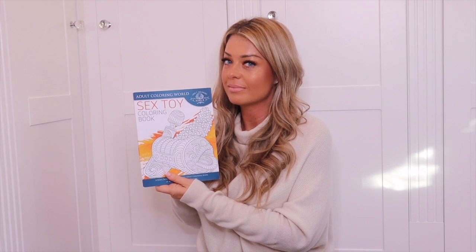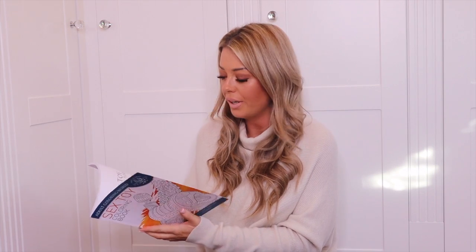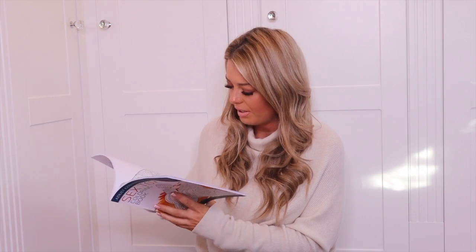It's a colouring book, a naughty colouring book. Don't know if you can read that on here. I'm not going to say the word, but I might end up giving it to my mother because I'm sure. Anyway,